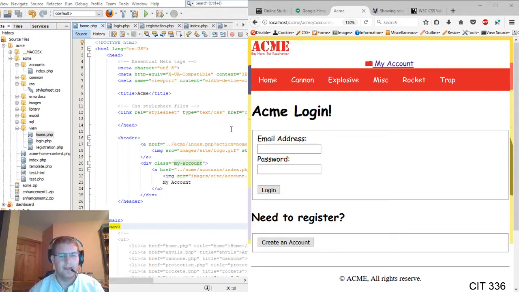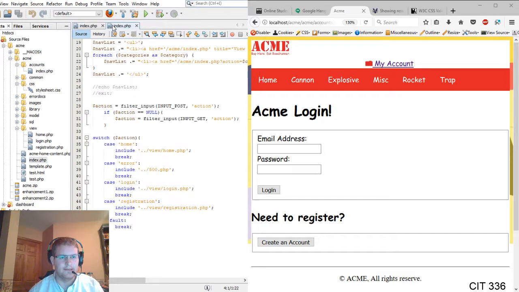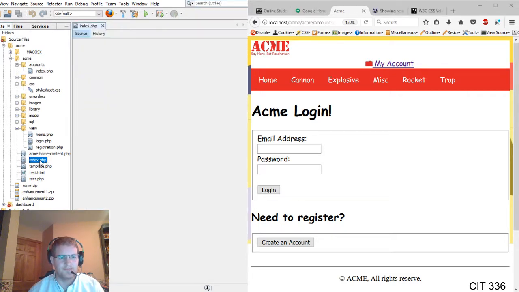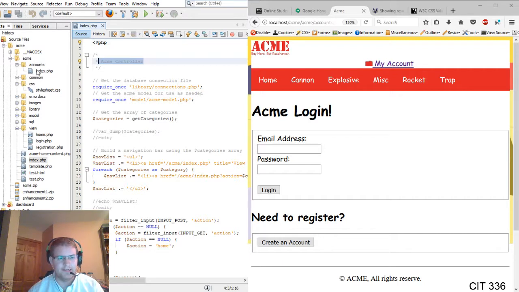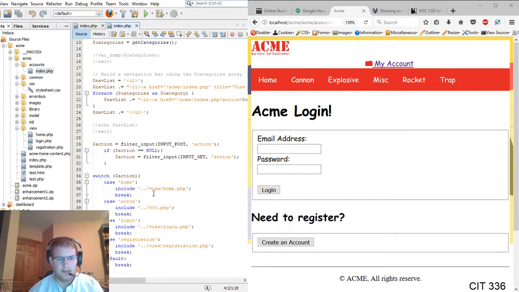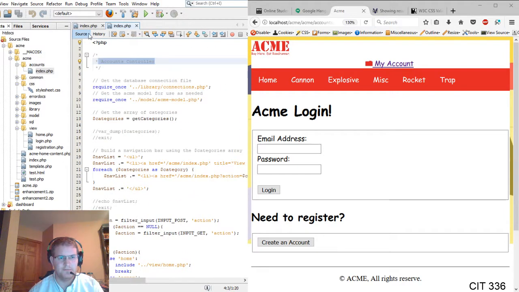There we go. So we have home, view, registration, as well as the index controllers for the Acme and the accounts. So we'll just go through these. Index one has the Acme, and the accounts one has it as well. They're pretty similar, a couple minor differences just to make sure that the views sync up just right, but essentially